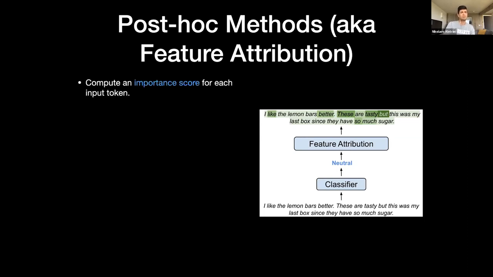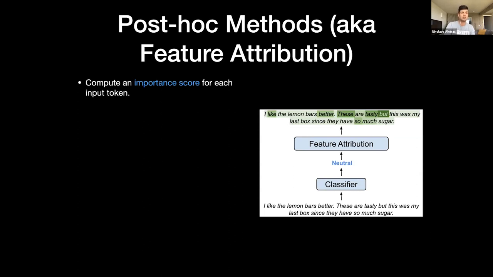So these methods compute an importance score for each input token. This could generalize to any machine learning setup, but here I use examples from natural language processing. So the input usually consists of text.